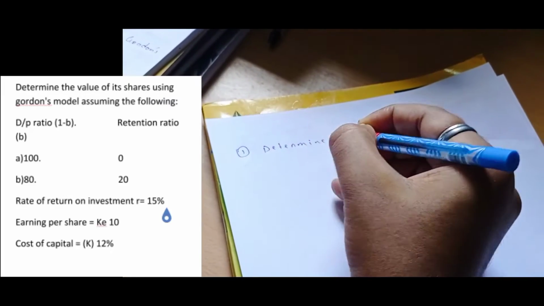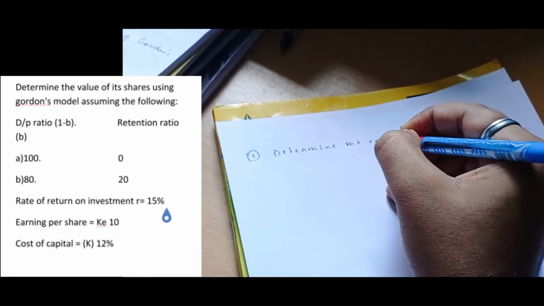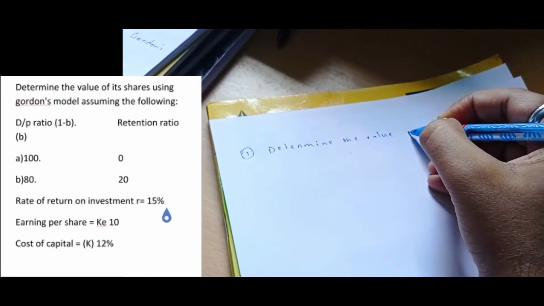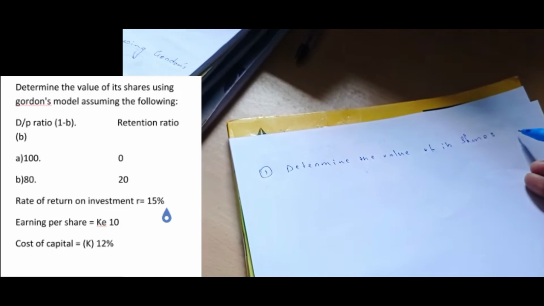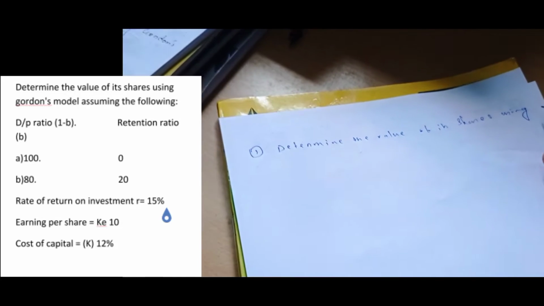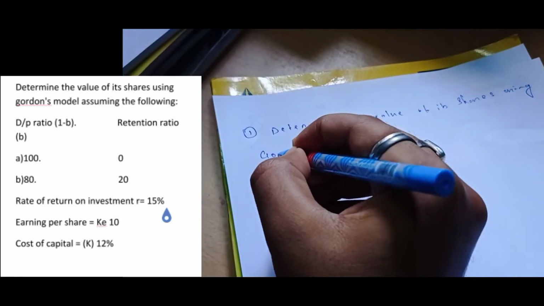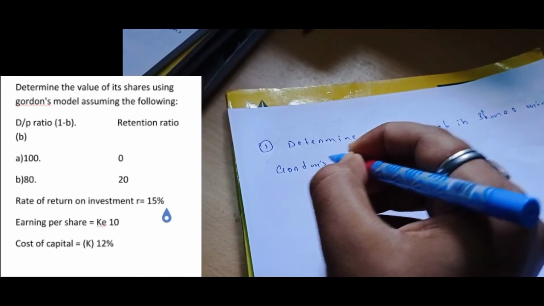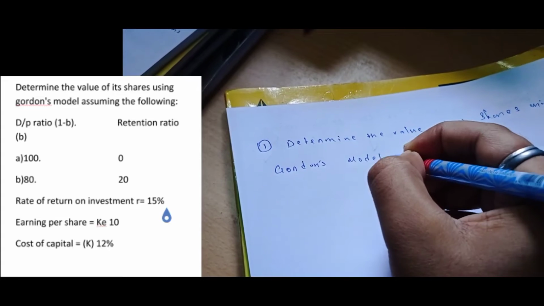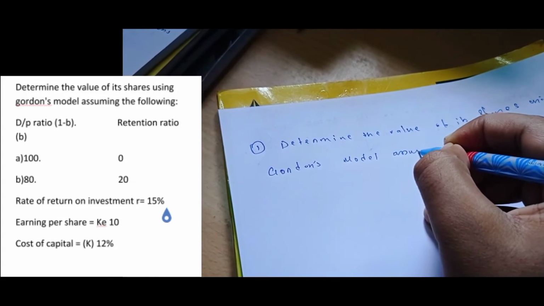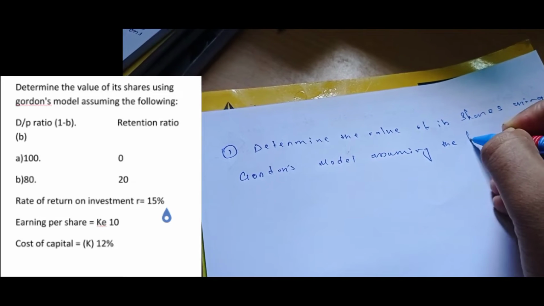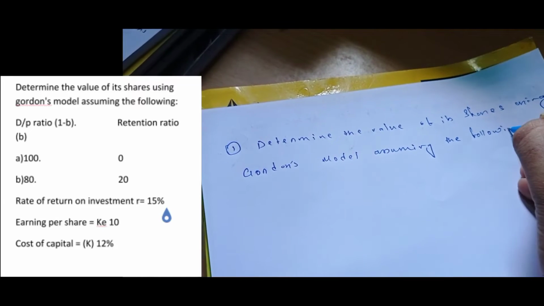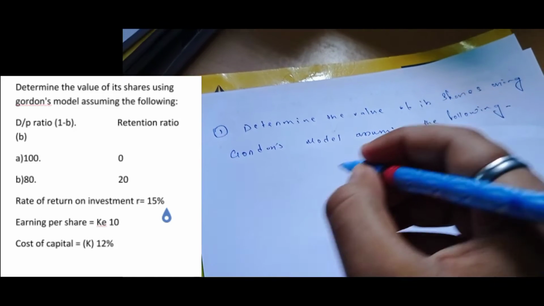Determine the value of its shares using Gordon's model, assuming the following. First,